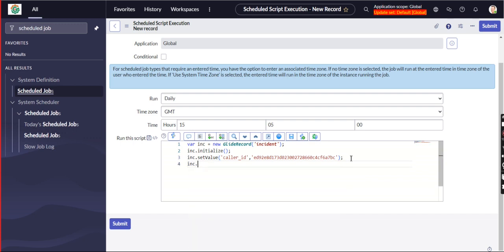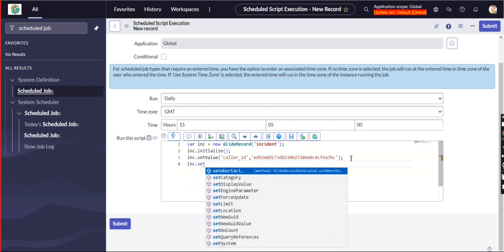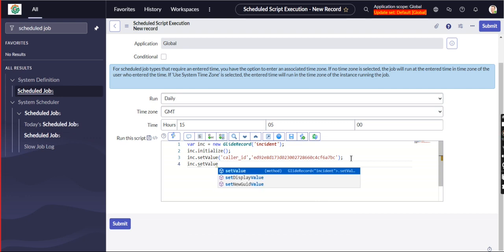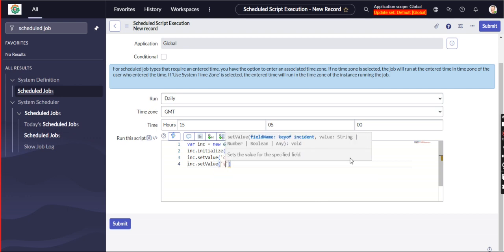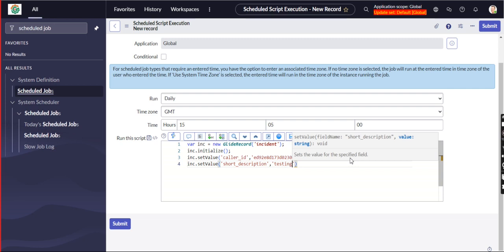And inc dot again setValue, that is the short description. Those are the mandatory fields. Comma, the short description is testing of script base job.